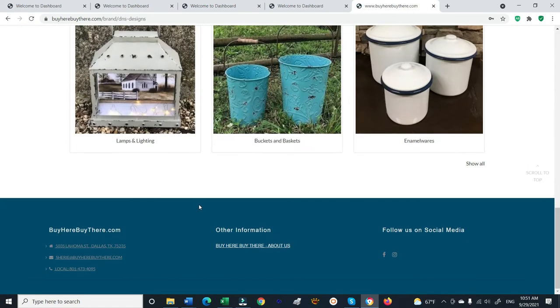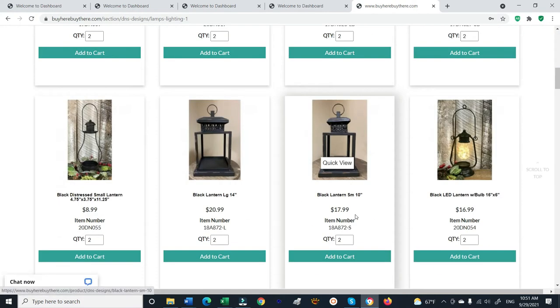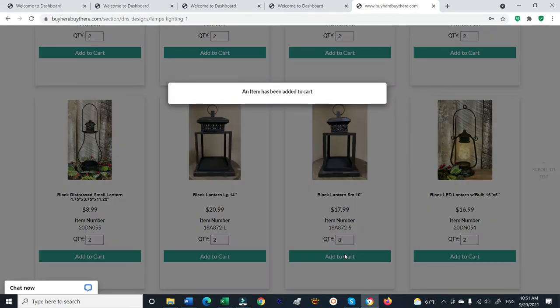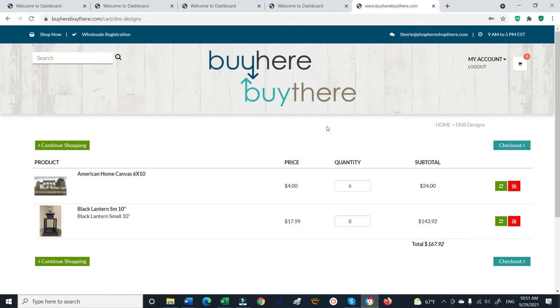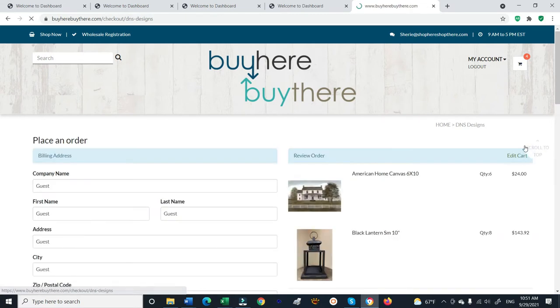So if I go back to D&S Designs and I go in here into lamps and lighting, and I choose, let's say I get 8 of those, add to the cart. I come back in here, look at the D&S Designs. See that notice is not there anymore, because now we have enough in the cart, $167, which fills the minimum order of $100 for that vendor. When I go to check this out,